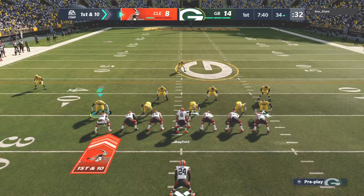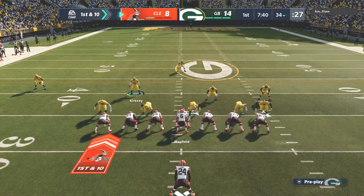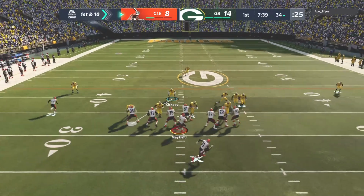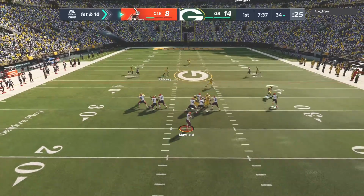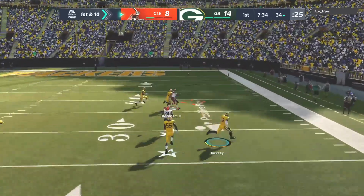A tale of 2 extremes already in this game. A touchdown pass on their opening drive, followed by an interception last time out. Now, it sounds like things balance out, right? What's that mythological thing that we do? If you have a candy bar, have a diet soda with it, it balances it out. And we know that's not really...